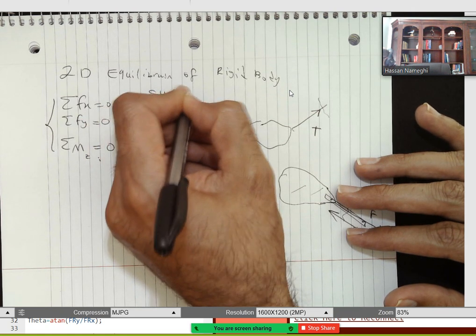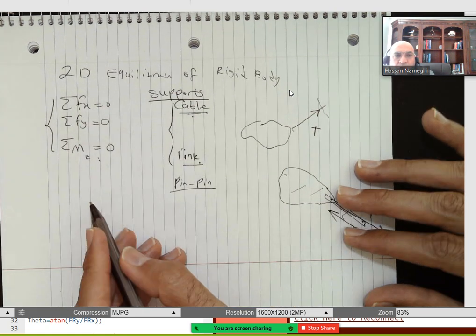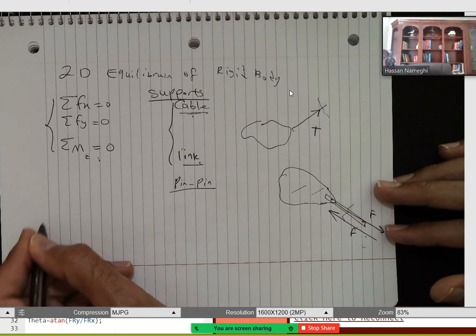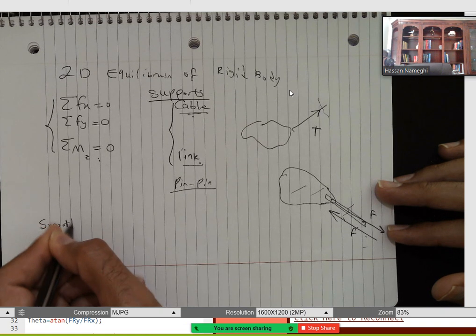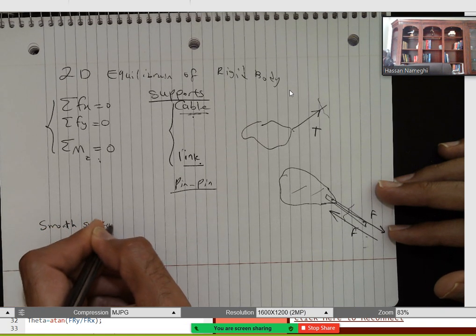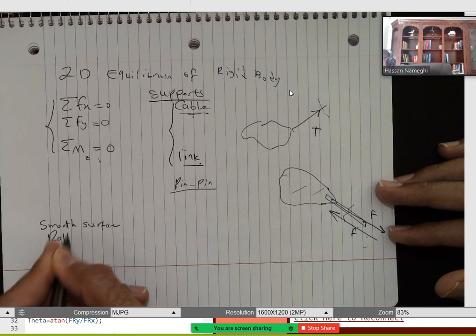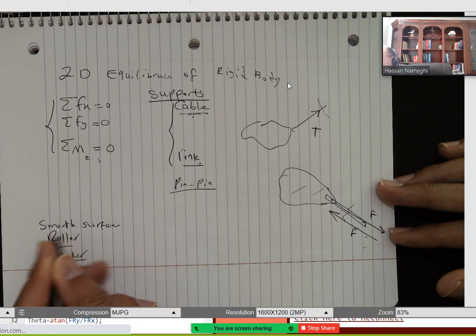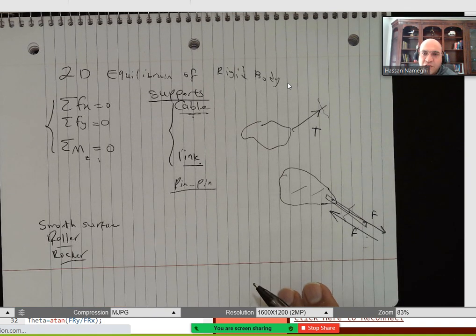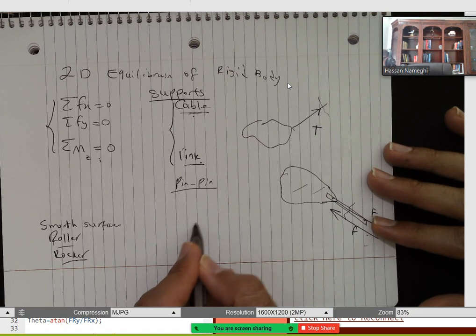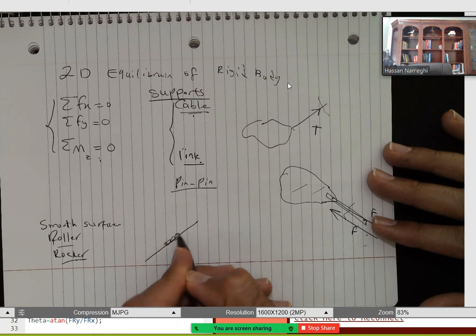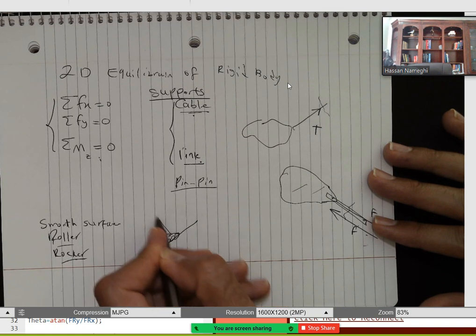The second category of supports are supports for normal forces. They create normal forces. Those supports are either smooth surface, roller, or rocker. Roller, rocker, smooth surface, they have only one reaction perpendicular to the surface, right? So what do I mean? I mean that if you have a surface like this, and on this surface you have a roller connected to a structure,